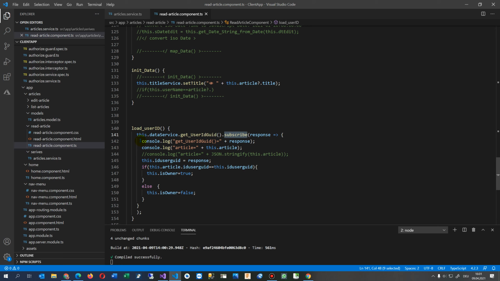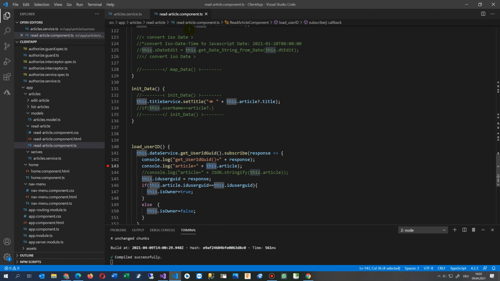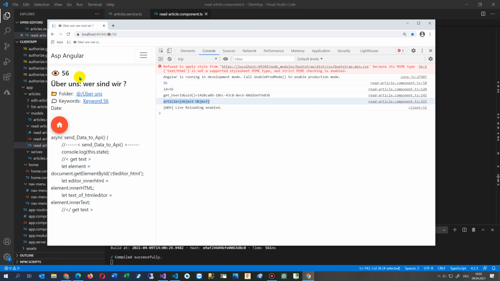The best way is to take a subscribe and then jump into a breakpoint, but it's also quite difficult sometimes to get the value inside the breakpoint. For this we always go to console.log and then the value, in this case a local variable of my component, this.article. When I jump now to my application, this is my Angular application,